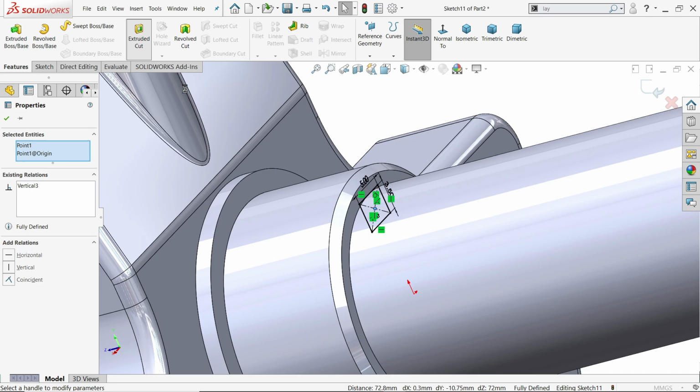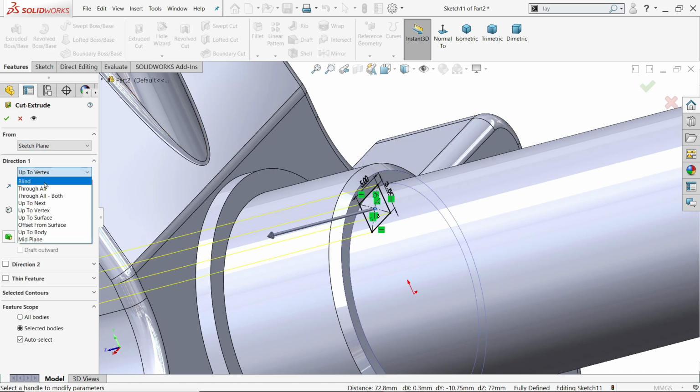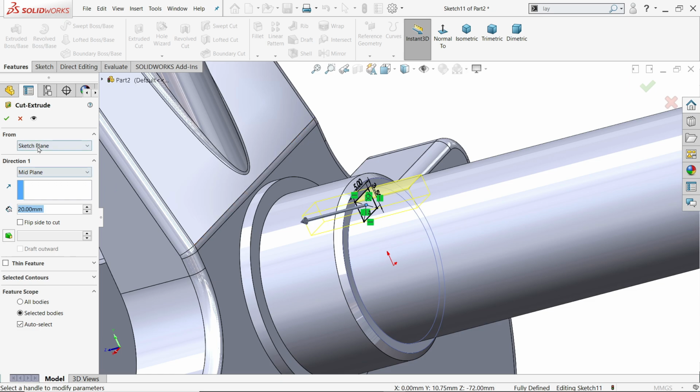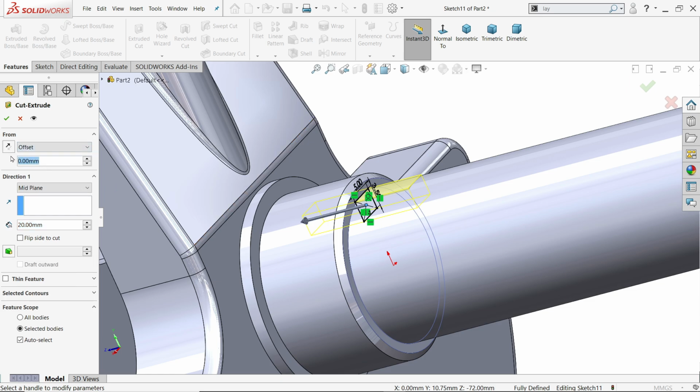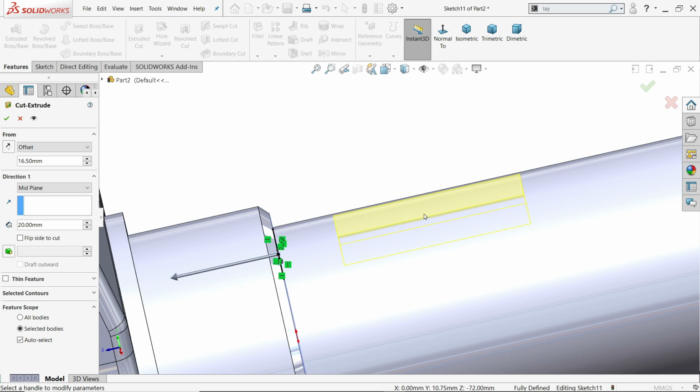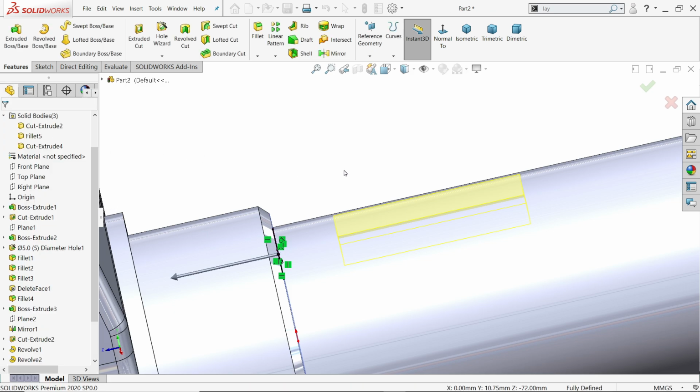Activate extruded cut. Now the length, here choose blind. Length is 20. That's fine. Keep end condition mid, half this side, half this side. But start condition we will change, offset. How much distance is shown? 16.5. Look, it's going to move from here to mid. This is already a mid, so 16.5 is moved from here to here. Length we selected, end condition mid 20. Say yes. Look,